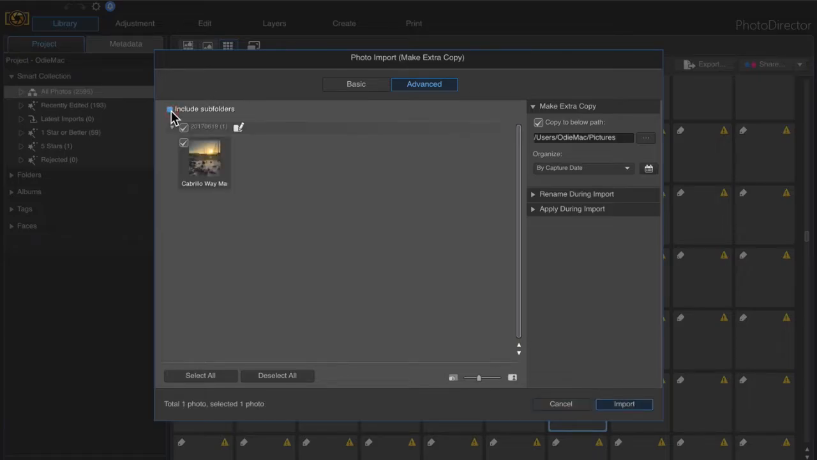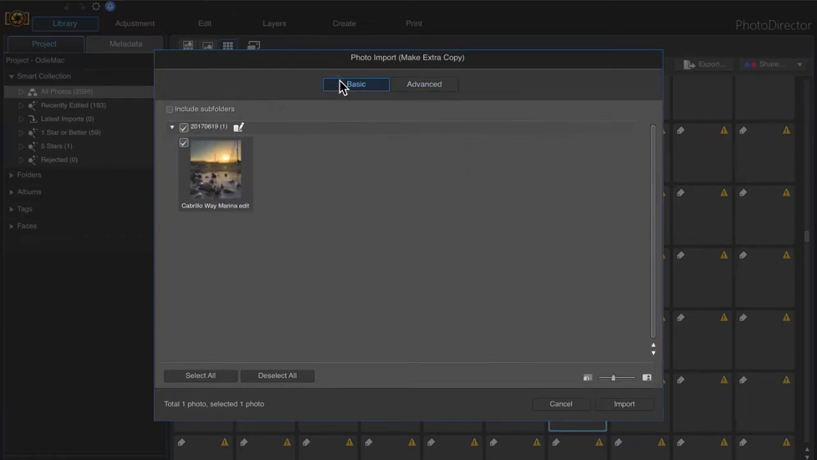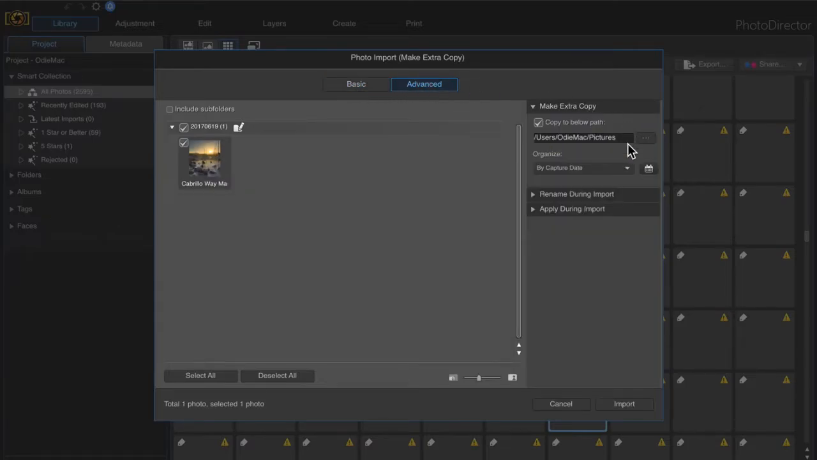oh, and if this ever happens to you where your photo doesn't show up, just click this little check mark. I don't know if it does it to everybody or just me. And then click your import, and it'll default to basics. So I go to advanced and I specify where I'm going to make the extra copy,